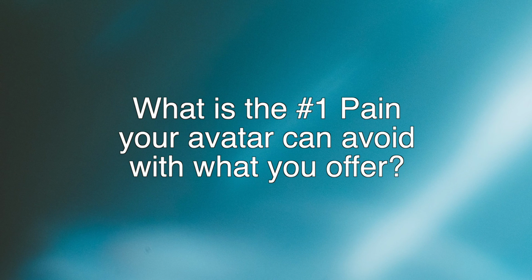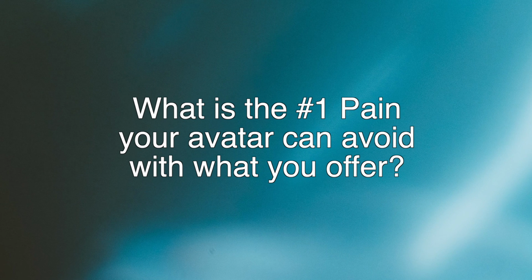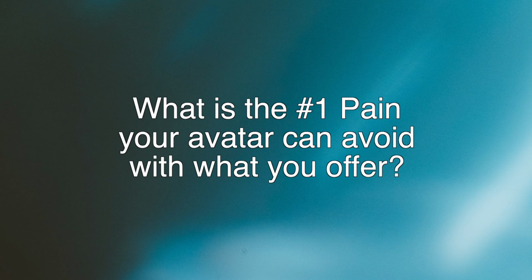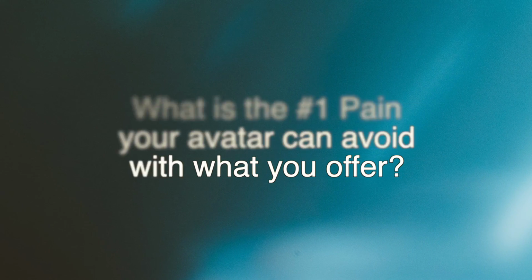Next one is number one, pain. So we've talked about a bunch of pain points. This should be the number one thing that they want to avoid, and it should fit in the sentence pattern: you can have it all without blank, starting with a verb with ing. So having to write a new book every week, making high-risk investments that really pay off, working 60 hours a week, etc., etc. So it's important for this one that the form is correct, verb ending in ing at the start. And this could be a repeat or a reword of the other pain points, but this is the key one, the key take home that they're avoiding.